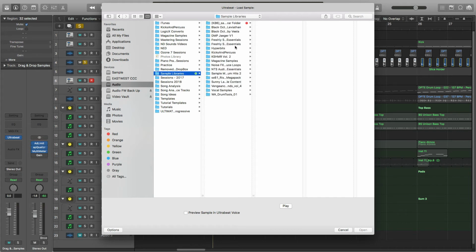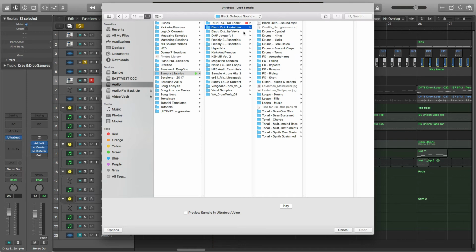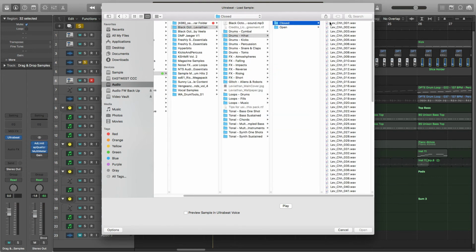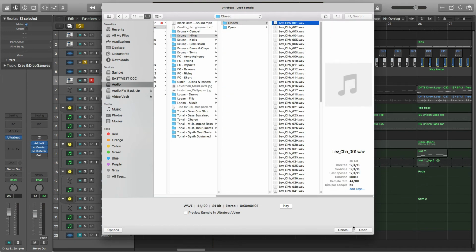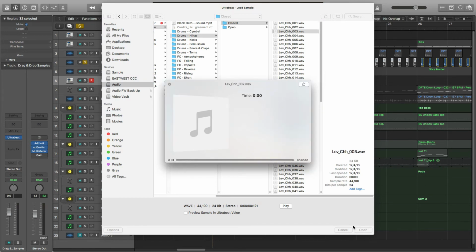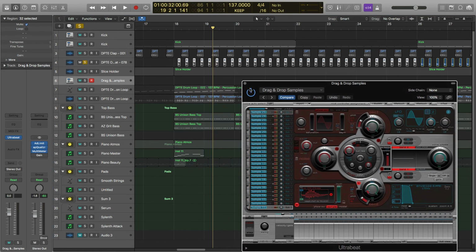Let's go to sample libraries. Black Octopus is great. Hi-hat, closed. Okay, start playing some of these. Actually, I like those two chunky ones. Okay, I like that one right there, so I'm going to open that one. And then really all I'm going to do here is, again, draw an